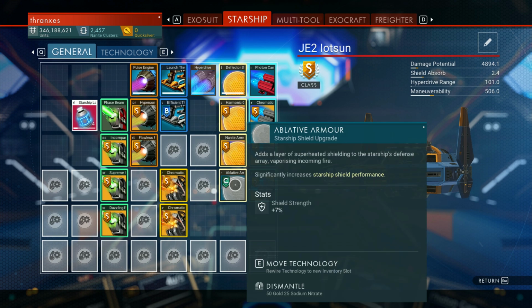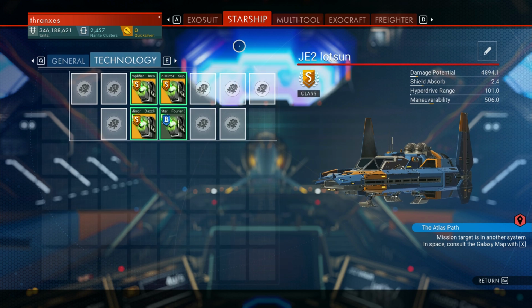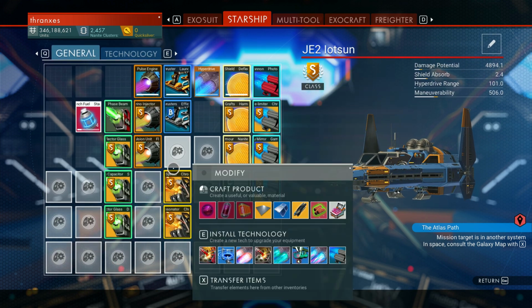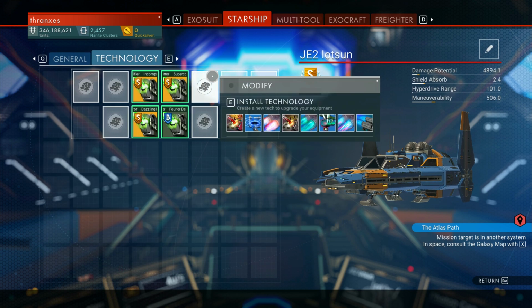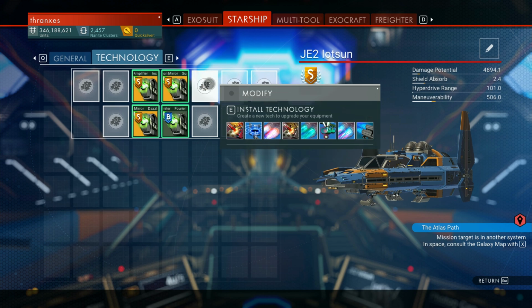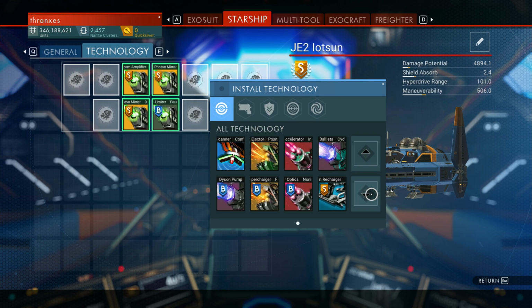Sure. So we need another shield, another pulse engine, and then we can start working on... Ooh, the phase beam is literally maxed out. We can start working on the next one, which I'm guessing will be the positron ejector. Maybe the pulse engine. I don't think there's any other upgrades. We're going to give the pulse engine on this side, so...